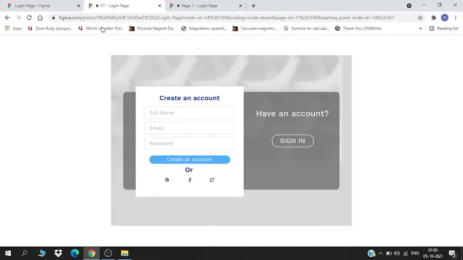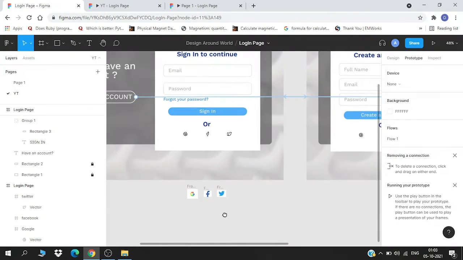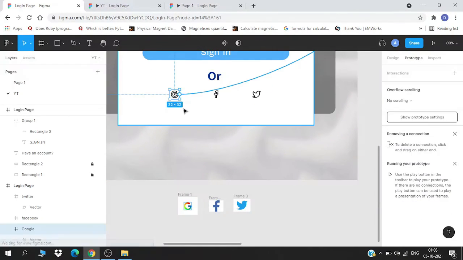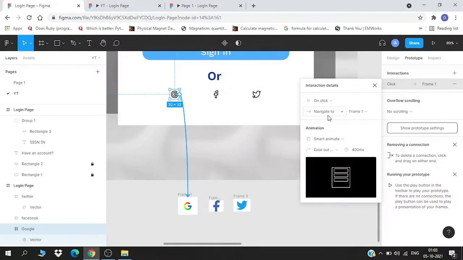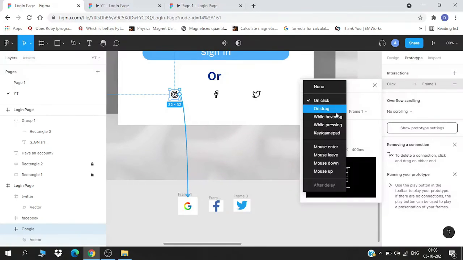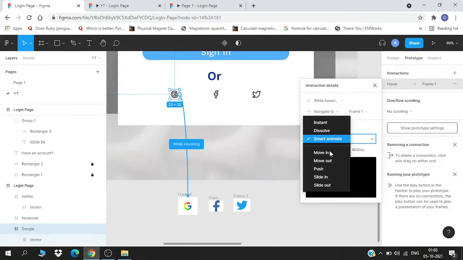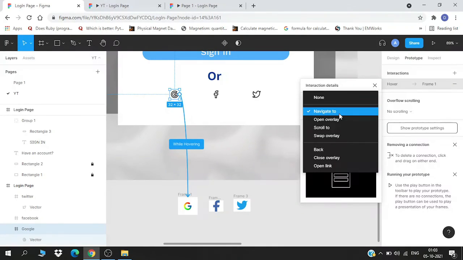Yep. So now the last step is giving these hovering effects. I'll just tap on this and take it to this one, and I'll set it not on click but while hovering, navigate and smart animate. Yep, actually not navigate, we will open it as an overlay.